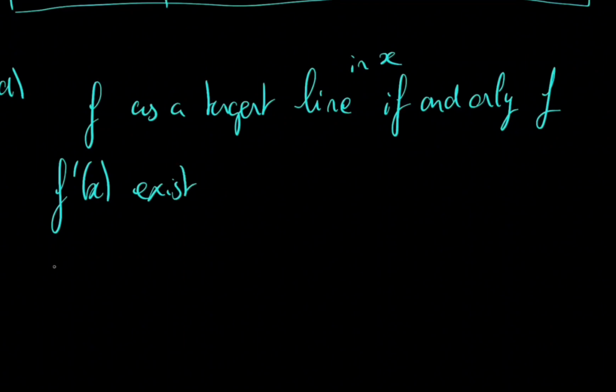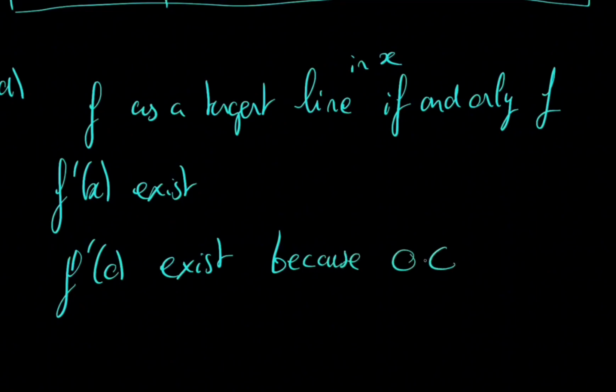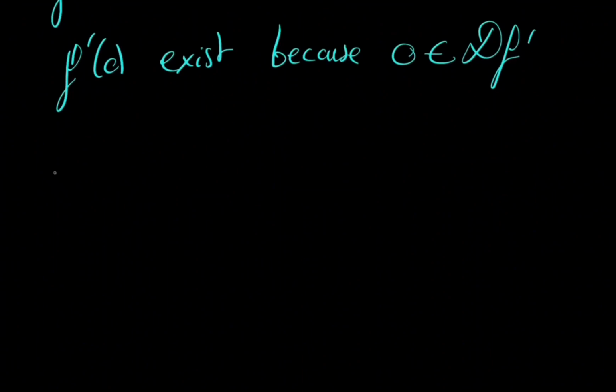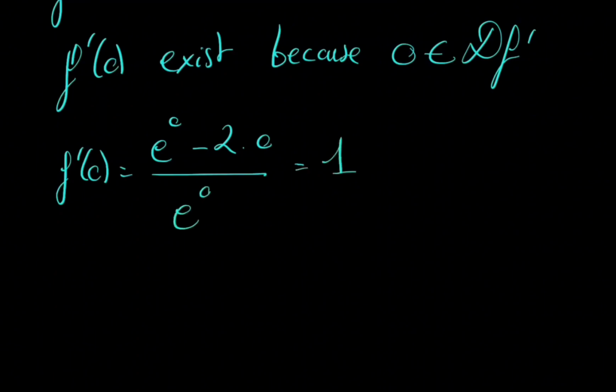Okay, so we know that f prime of 0 exists because 0 is in the domain of f prime, and so the tangent line has a direction coefficient of f prime of 0, which is equal to exponential of 0 minus 2 times 0 over exponential of 0,